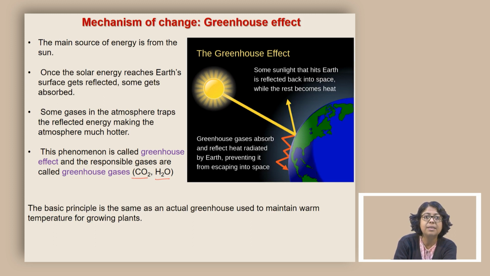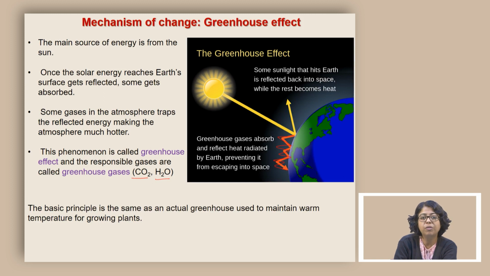Some gases in the atmosphere trap the reflected energy, making the atmosphere much hotter. So, it is almost like the reflected part is never going back, it basically keeps on hitting the surface again and again, and that is what cumulatively increases the temperature. And this phenomenon is often called the greenhouse effect, and the responsible gases are called greenhouse gases, such as carbon